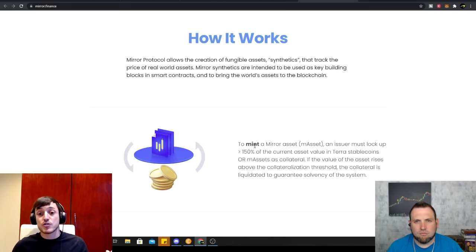Or you might be in a country that doesn't allow you to buy US stocks. Maybe you're in Africa, maybe you live somewhere in South America, or maybe you're just in another country where you can't access certain stocks. So the idea of synthetic assets is that it's a decentralized way for people to permissionlessly trade assets based on a derivative or a synthetic asset that mirrors another asset or stock.